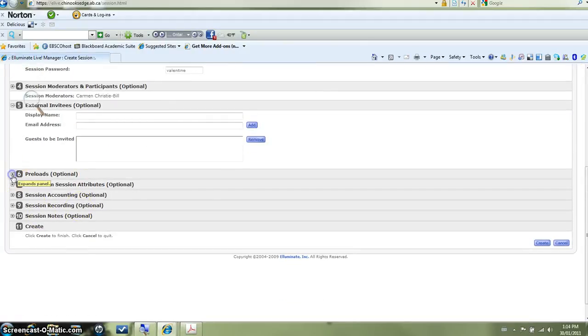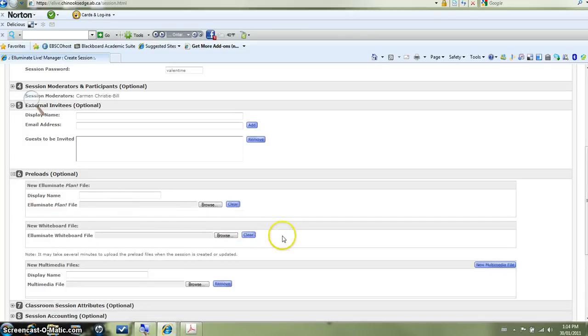Number 6, the preloads, is where you can take your PowerPoint, for example, if you're using that, and load it into what they call a whiteboard file. So you can preload that so it's just ready to go inside your presentation before your meeting starts, and you can do that right from your meeting creation, or you can do it afterwards too. It's not a problem. So here you just browse for your file and upload it,